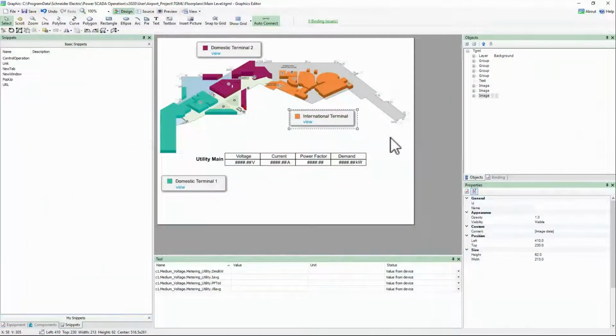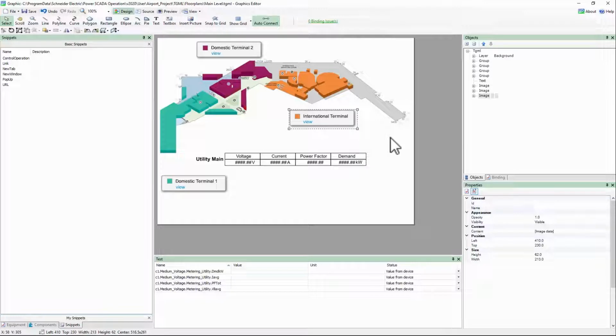Now that we understand how the snippets work to navigate between pages, let's look at the URL snippet. As you would expect, the name of the link object in this snippet defines a URL to open in the web browser rather than a TGML diagram name. It can be any URL that the client machine has access to, but let's use this in conjunction with our